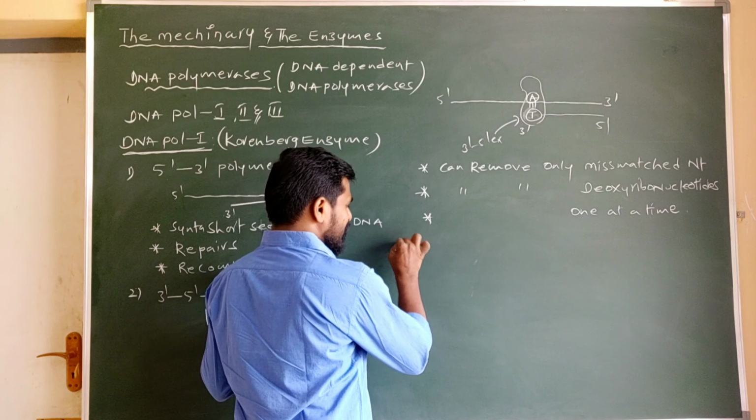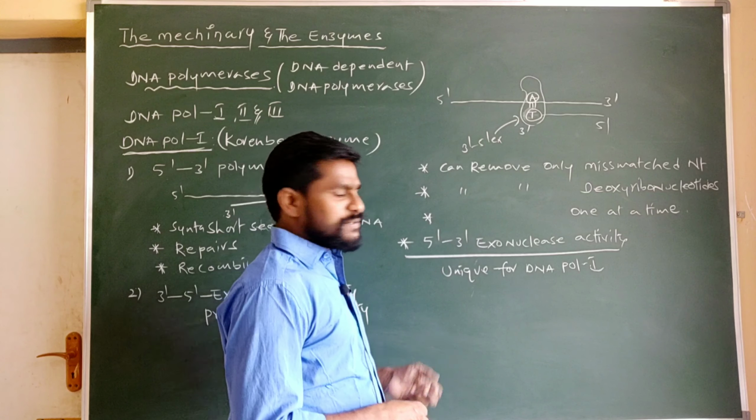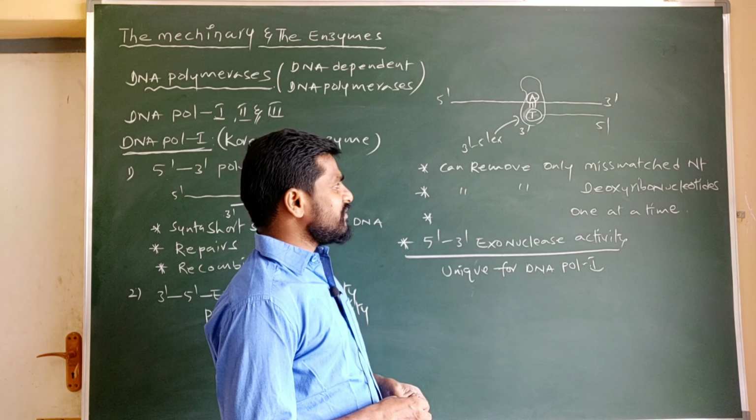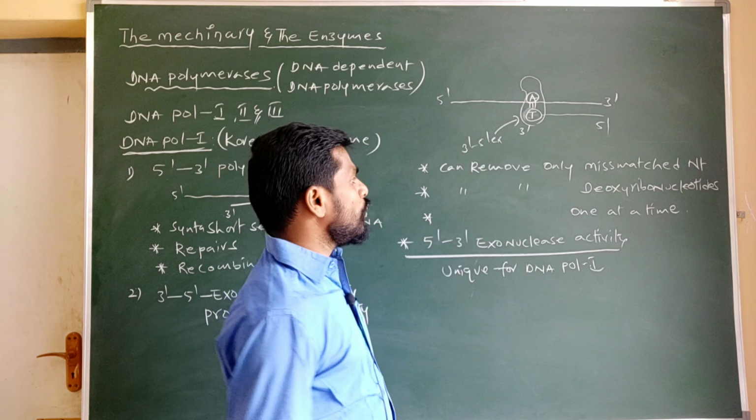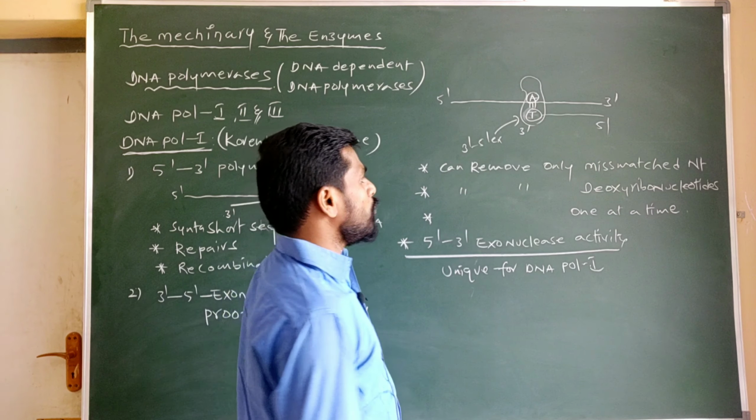The name itself indicates that it removes the nucleotides from 5' direction to 3' direction. This 5' to 3' exonuclease activity can remove both mismatched nucleotides and properly paired nucleotides,